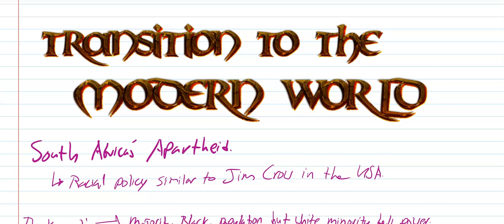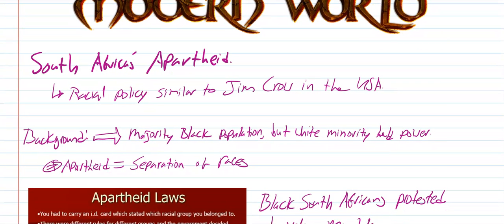So South Africa was a Dutch colony in the southern tip of Africa, which makes a lot of sense, and later on became under British control. And so there's a European colonial legacy here in South Africa. Those of European descent in the area made up a minority of the population. Whites in South Africa were actually the minority, and blacks were the majority.